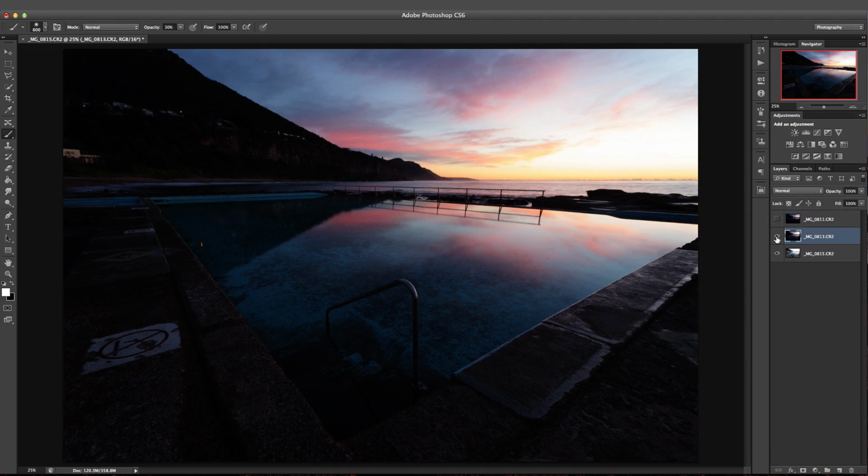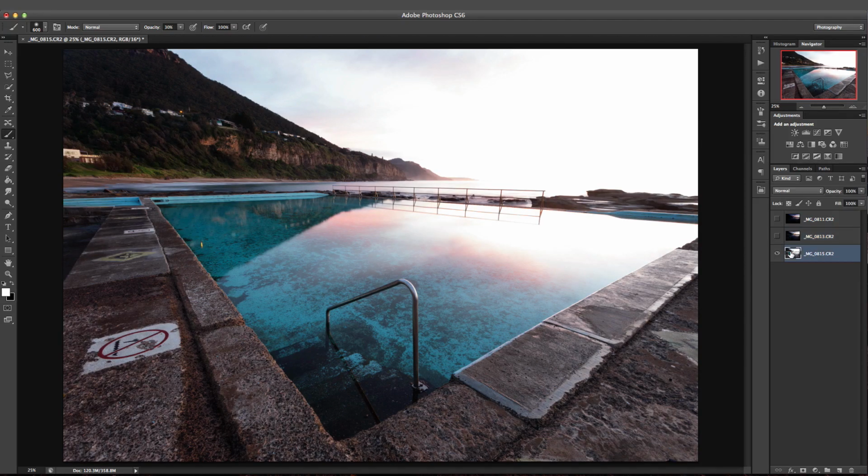And if I just hide this middle layer here, then you've got a really quite substantially brighter exposure at the bottom of the stack here. And obviously this is going to be good for the darkest parts, which are this cliff face here with the mountain behind it, and just the foreground here with the pool. So to start blending these together into one good exposure, what I'm going to do first is just re-enable this